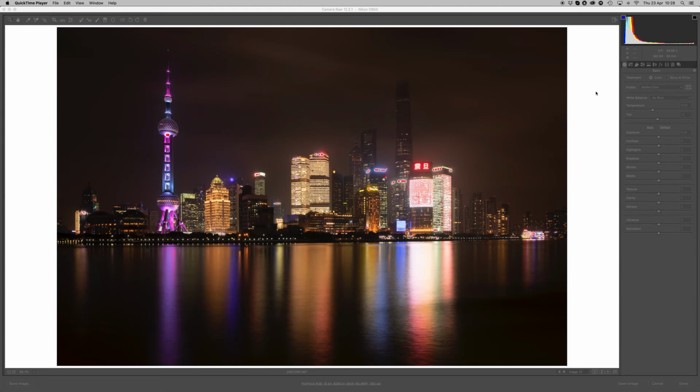Now, for the second image on controlling highlights and whites in images, I'm going to turn to a picture taken at the Bund in Shanghai in China whilst I was on a trip to Yellow Mountain a few years ago. And as you'd expect with a cityscape, trying to control the highlights of illuminated buildings is very, very difficult indeed. It might not look much here, but if we go in and have a closer look,